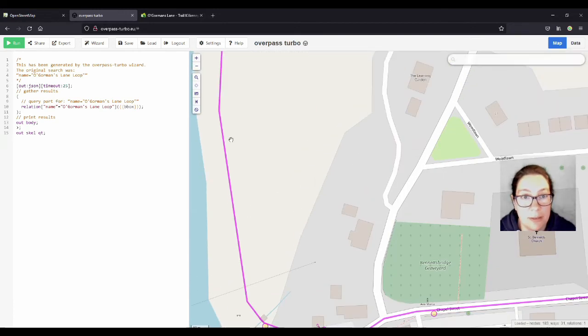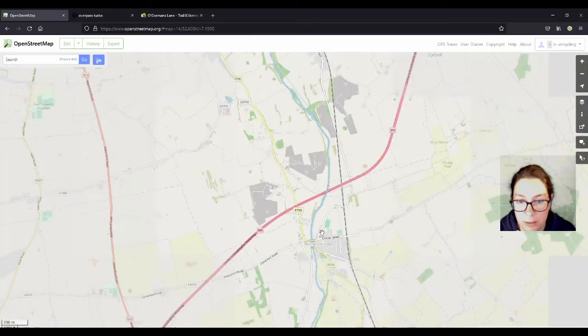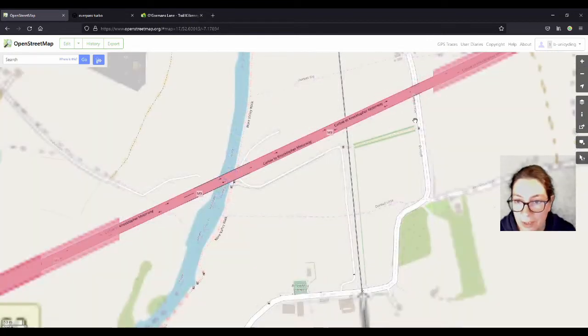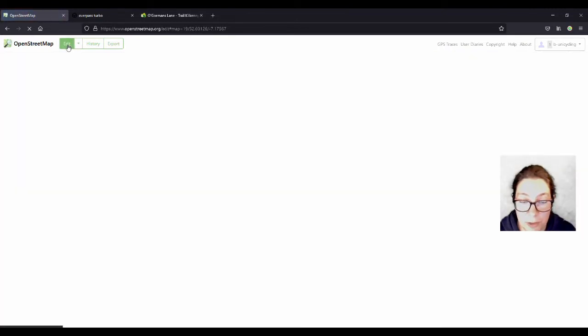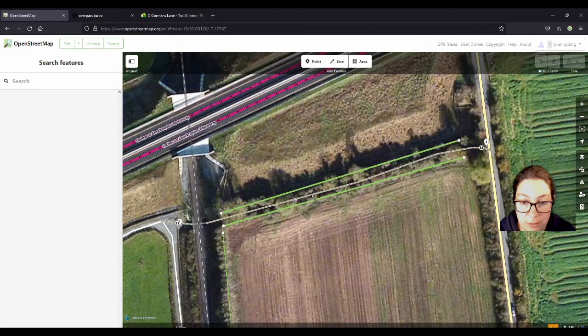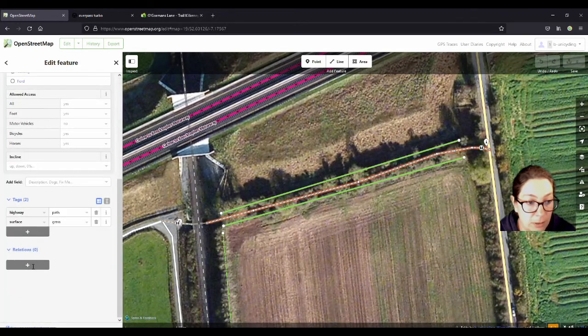So I'll fix this now. Go back here, and it is actually that little lane that I only added. I'm lost now. Here, this bit. Go back into editing mode. Click on that lane and add it to the relation.